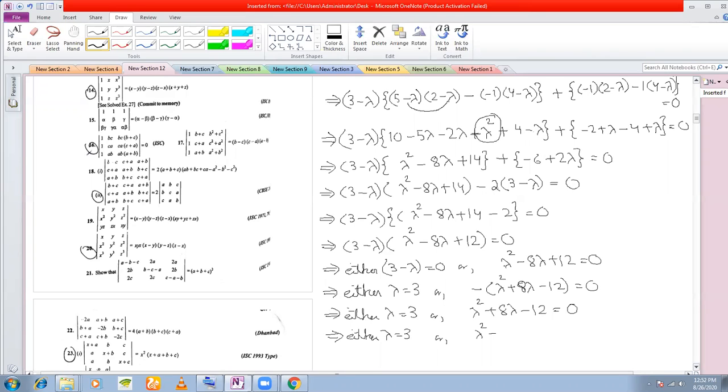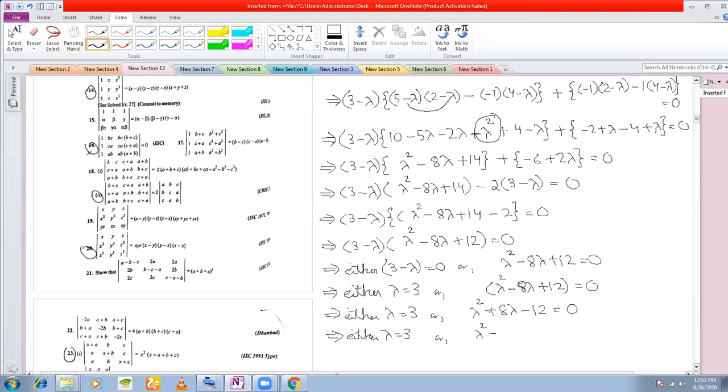Minus twice of, plus twice of minus twice of 3 minus lambda. So 3 minus lambda I take common. So I get minus 2. This is okay. So lambda square minus 8 lambda plus 12. Yes, this is okay. Minus 8 lambda, so this should be a minus. There should not be a plus here. This should be a minus and this should be a plus.